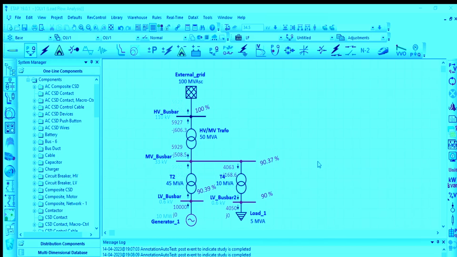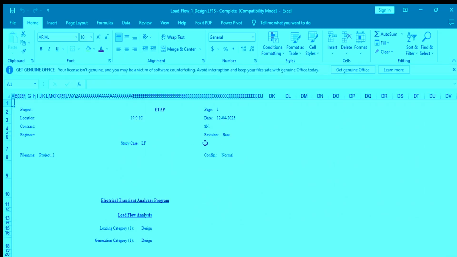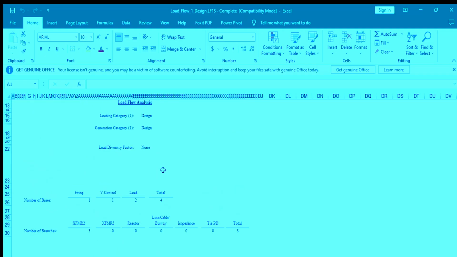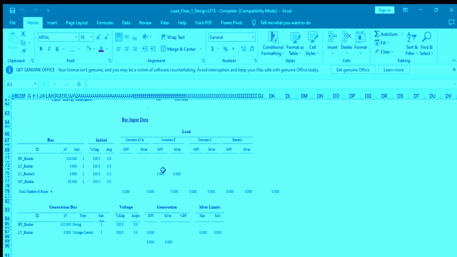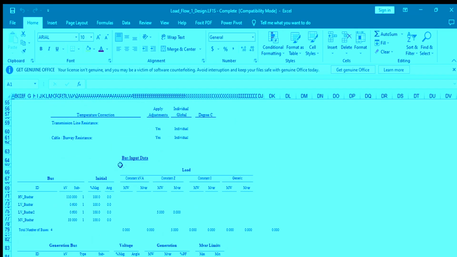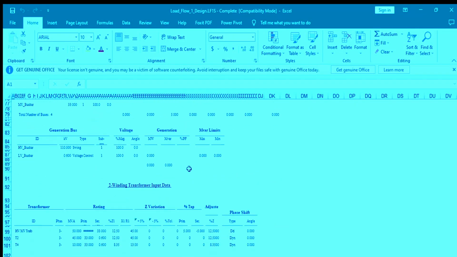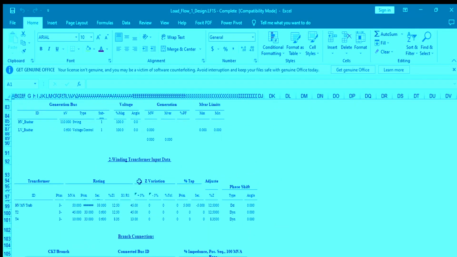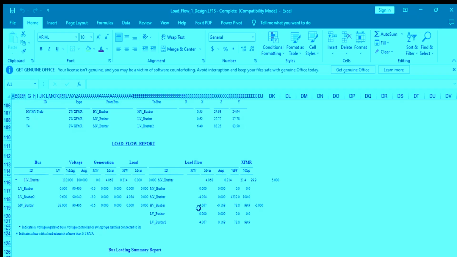Hello and welcome back. Now, as we said in the previous lecture, if you save and generate the report as an Excel file, an Excel file in this format can pop out, and this is how all the companies and all the studies export the results. Here you can find the input data of every bus, of the transformer, everything that we have selected, which can be easily exported and easily viewed on this load flow report,